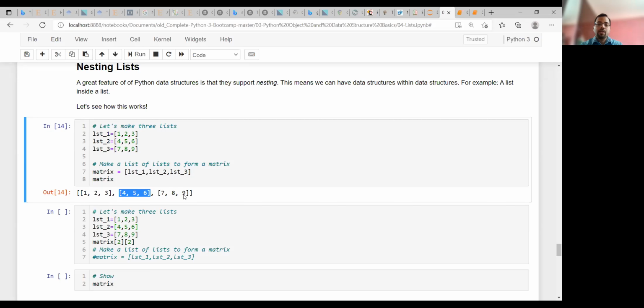My point is, out of this larger list, what is the position or index of this small list? It is 1. And out of that list, what will be the position of this element? 0. So it is 1, 0. Now you can check that row wise it is the 1st row, and column wise it is again the 0th column. So it will be 1, 0. So 5 will be